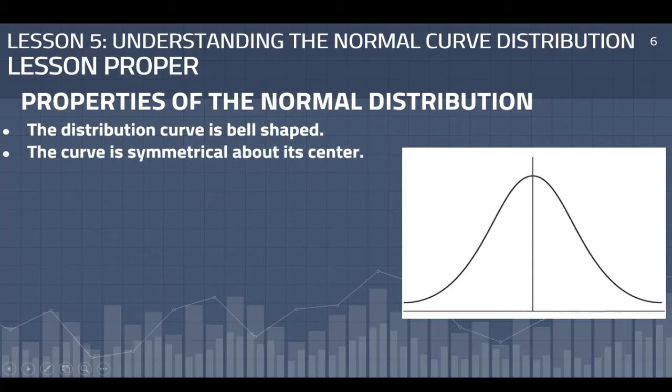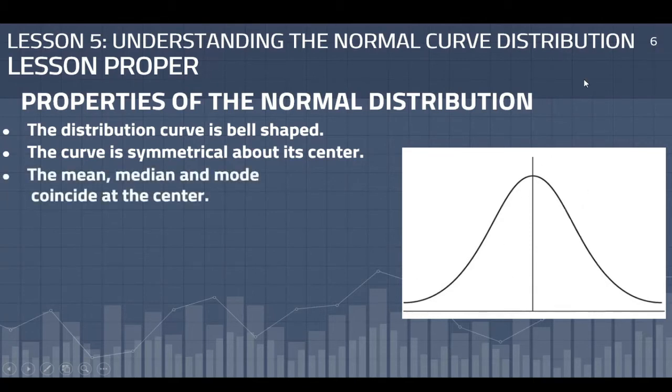Next. The curve is symmetrical about its center. Ano ibig sabihin nun, sir? Ibig sabihin niya, sa gitna, eto, pantay yung magkabilang side. Kung ano itong nasa kanan, ganun din yung nasa kaliwa. Next. The mean, median, and mode coincide at the center. Meaning, yung average ng distribution, yung gitna ng distribution, at yung mode, yung pinakamarami, ay nasa gitna